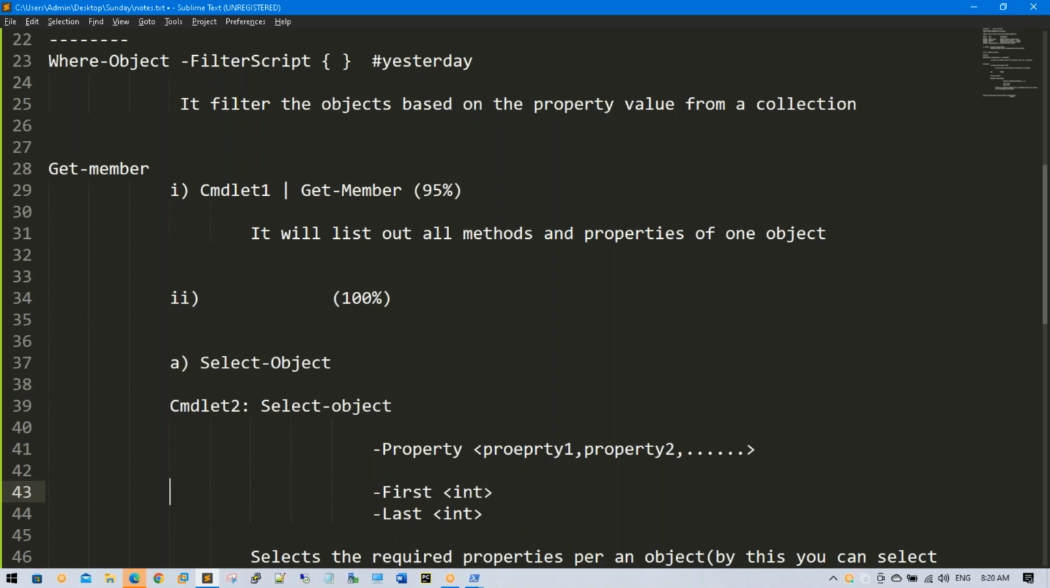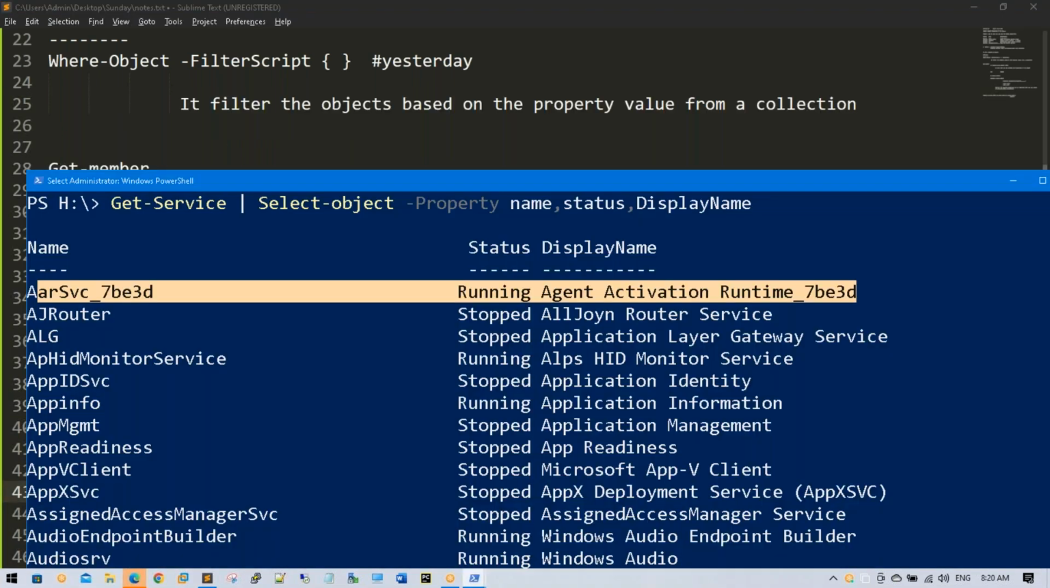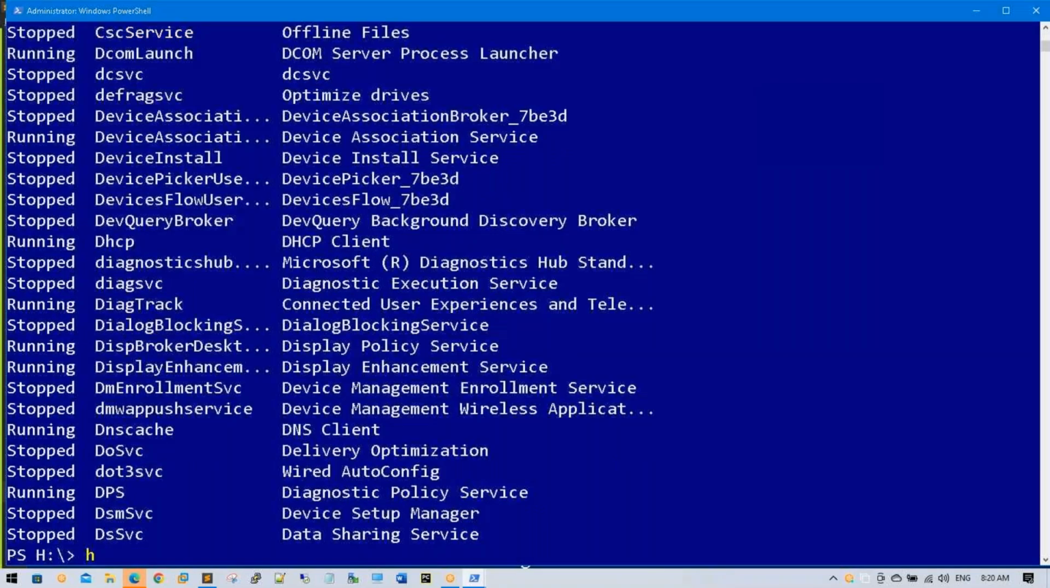Next one is the first parameter, also we can use it, means with the select hyphen object,